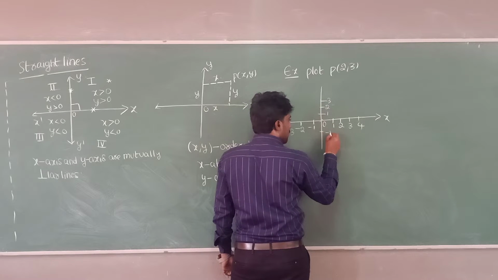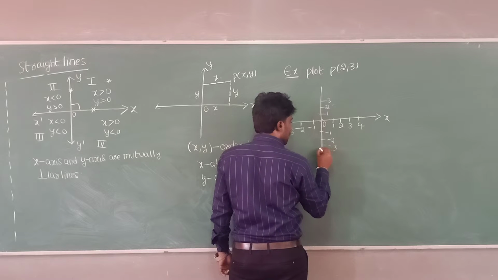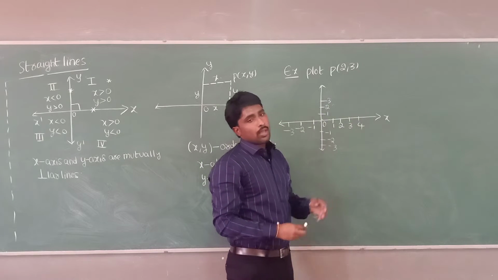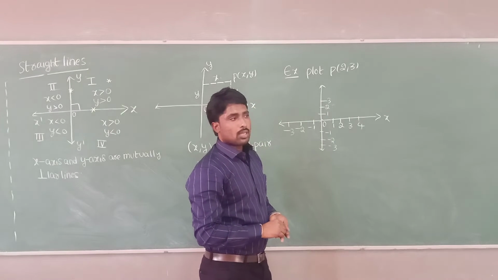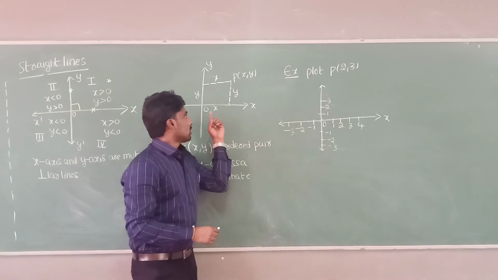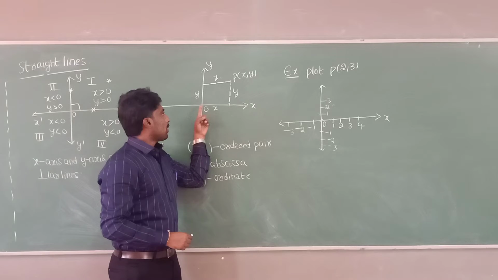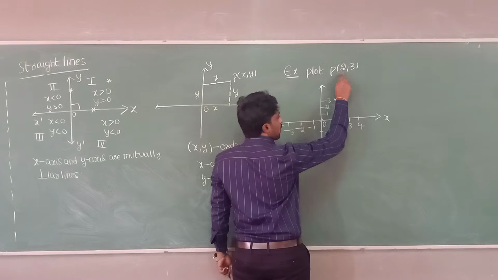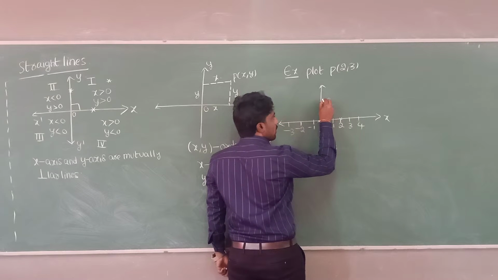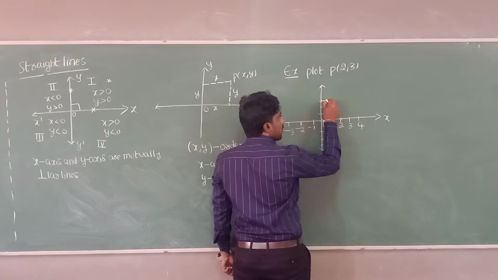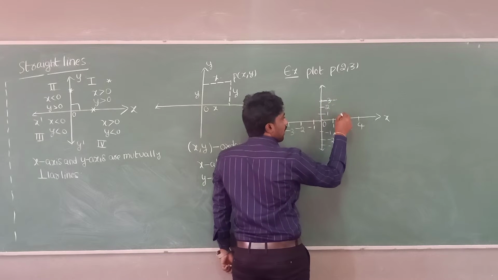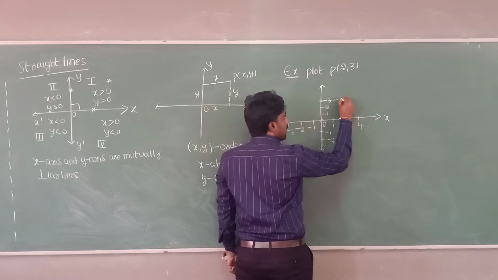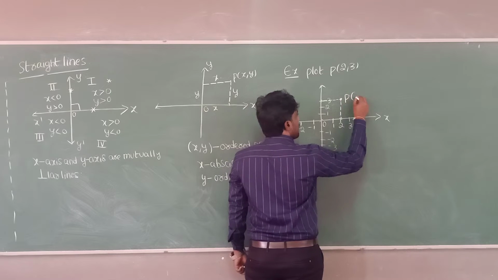Next, this one is negative values. Now see here, what is the x value? The x value is 2. And what is the y value? 3. What I told you previously is that the point (x, y) is x units distance from the y axis and y units distance from the x axis. So first the x value is 2, and the y value is 3. So this point is 2 units distance from the y axis and 3 units distance from the x axis. These two dotted lines intersect at this point, so this point is (2, 3).